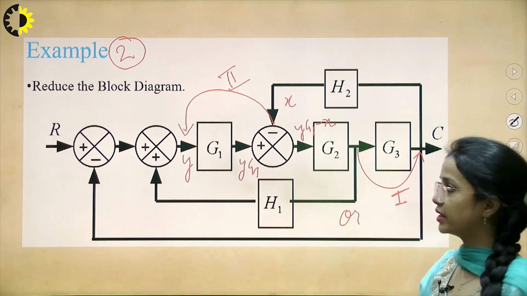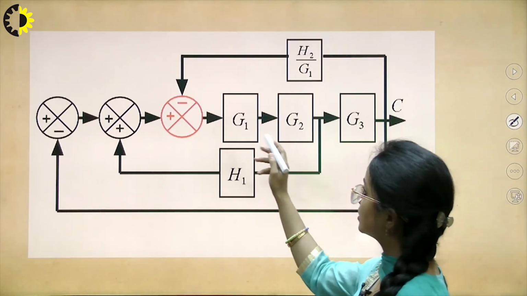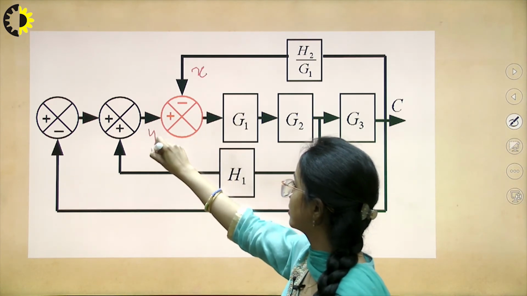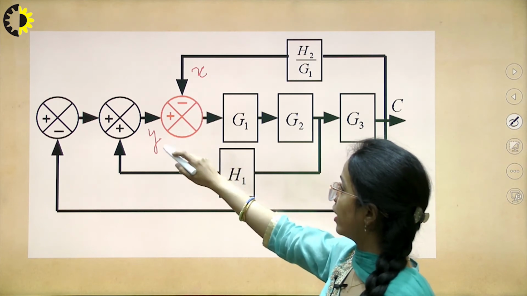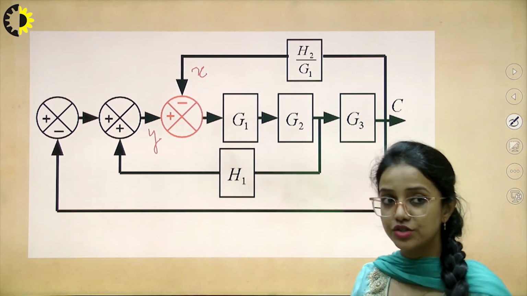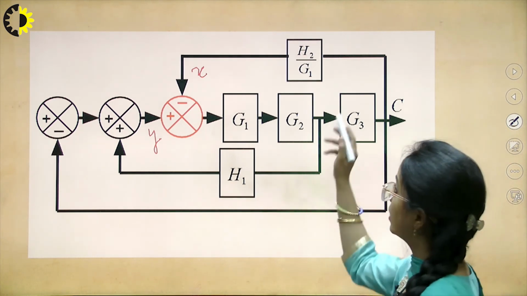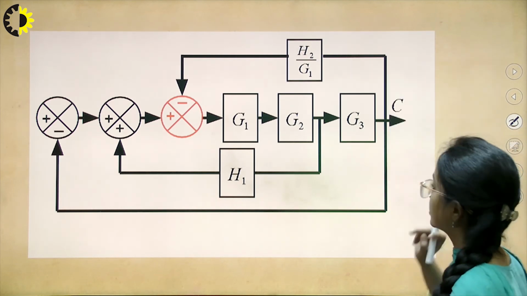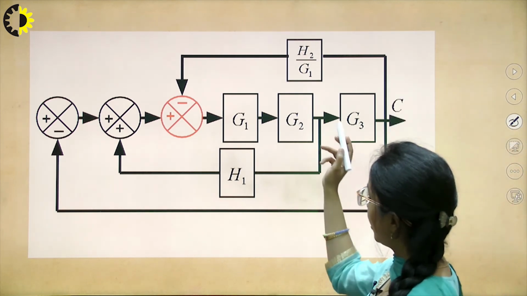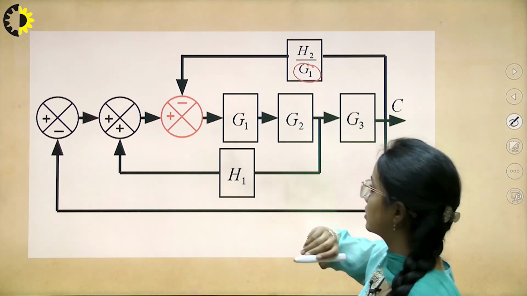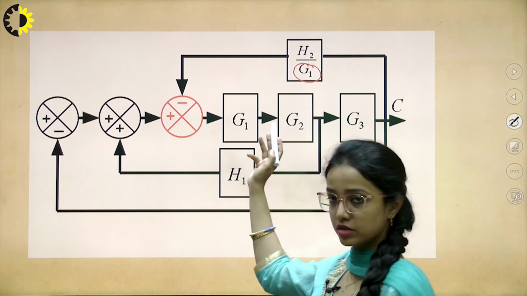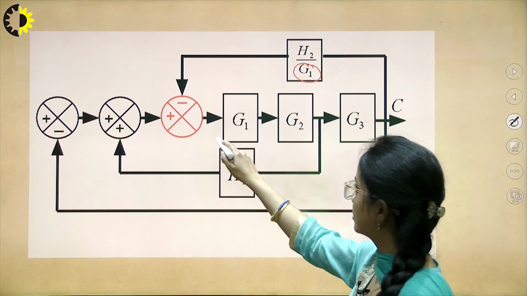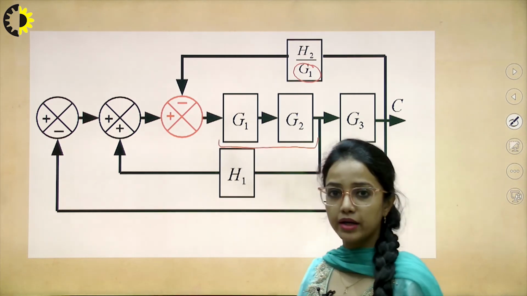So this X was independent of G1. When I am shifting it here, this X is getting multiplied with G1. Here it is Y minus X into G1, but I don't want G1 to be there with X, so I have multiplied initially. So this is how block reduction techniques have been incorporated. After multiplying this by 1 by G1, I can very easily shift the summation from here to here. Now just by moving that, I can club these two blocks connected in series.